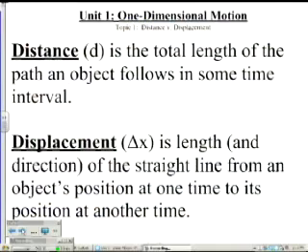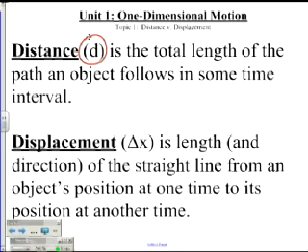Let me run through them real quick, kind of explain to you what the difference between distance and displacement are, and it'll probably be a little bit clearer when we run through an example or two. Okay? So just to read them real quick. Distance. The symbol for distance is lowercase letter d. Okay? And it is a measure of the total length of the path that an object follows in some time